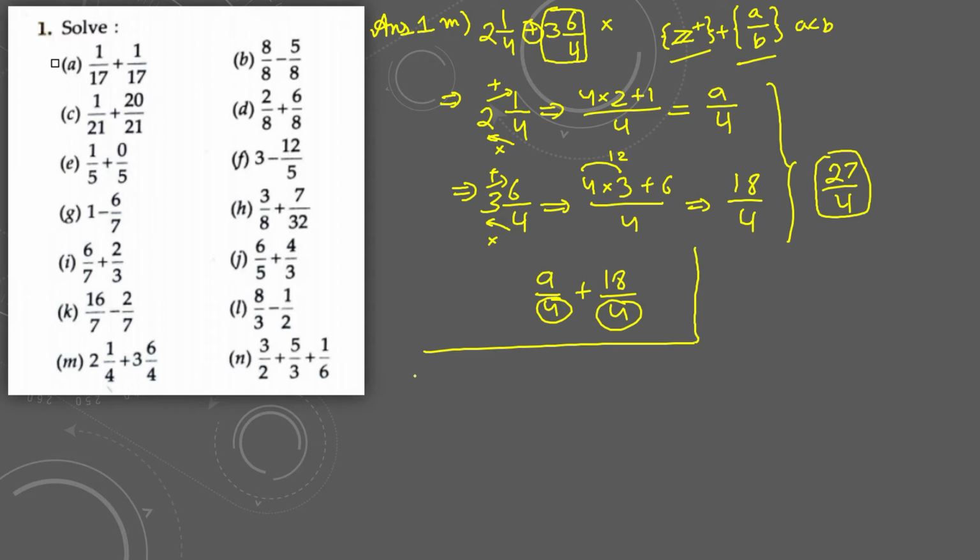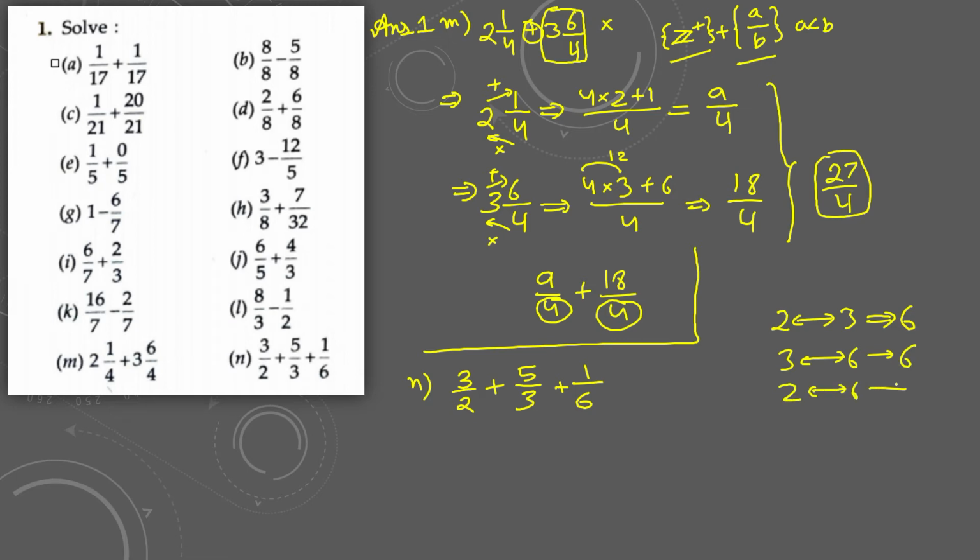In this video, I'm going to do the N part also, because I think we should do this question. Before, I was not thinking to do it, but now I'm going to do it with 3 upon 2 plus 5 upon 3 plus 1 upon 6. First of all, we are going to do the ECD method because it is faster. The LCM of 2 and 3 would be just 6, the LCM of 3 and 6 would be 6, and the LCM of 2 and 6 is also 6. That's why it is pretty direct. You can do the LCM method also, but in this case let's do the ECD method.